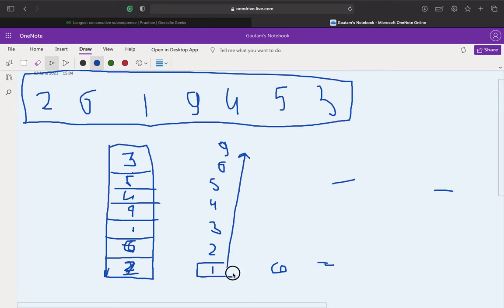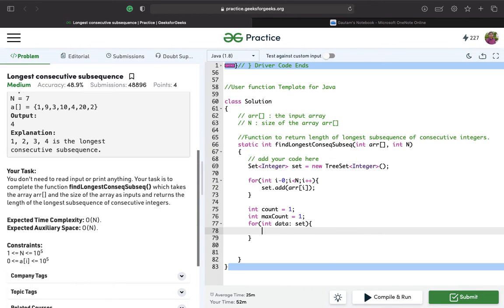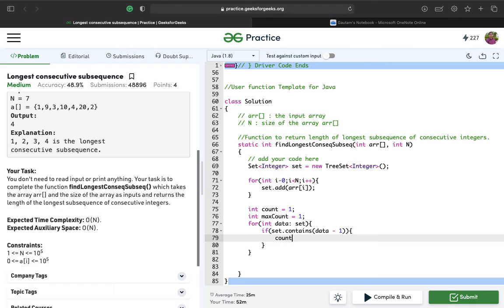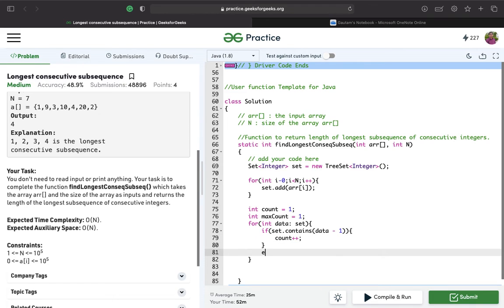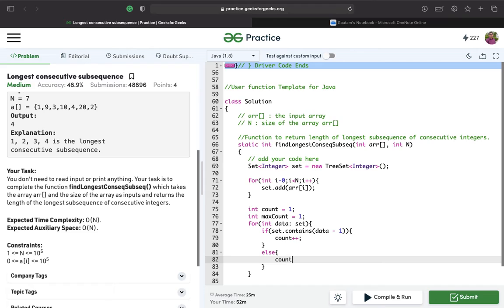Now we'll start here, and we'll check if the set contains any element whose value is data minus 1, right? If it contains, we'll just increment the count, and if it doesn't contain, we'll simply make the count equal to 1. This else condition simply means we'll start again from the beginning.